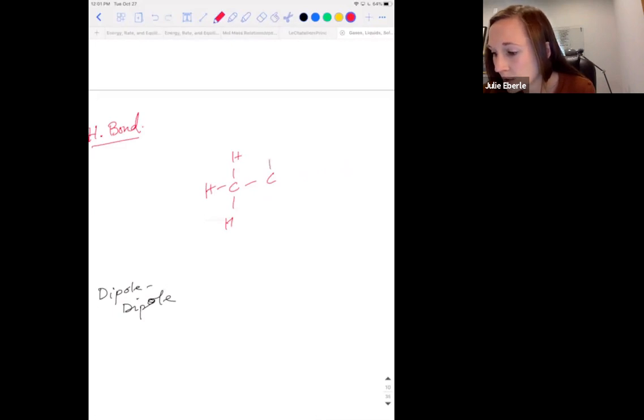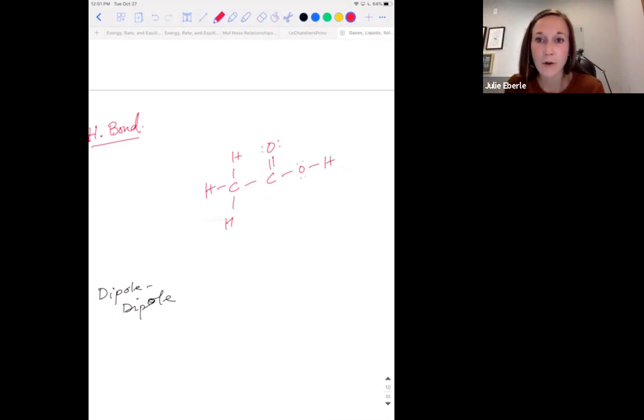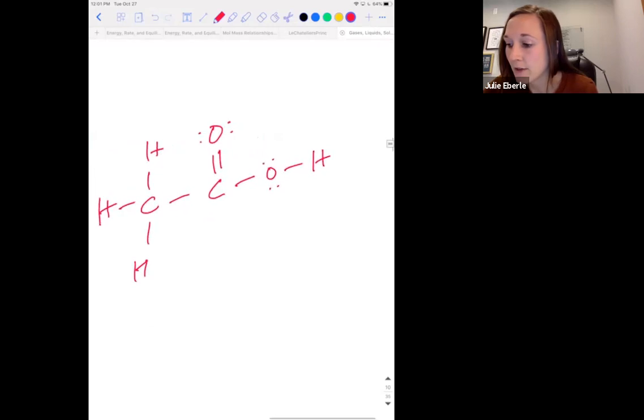So we could have a double bond to oxygen here. Then we can have that OH group right there, and that satisfies all of our bond requirements. Now, what's the strongest force at play? Let's just start with the hydrogen bonding. I noticed that we have an oxygen. Well, we definitely have lone pairs on oxygens, okay?